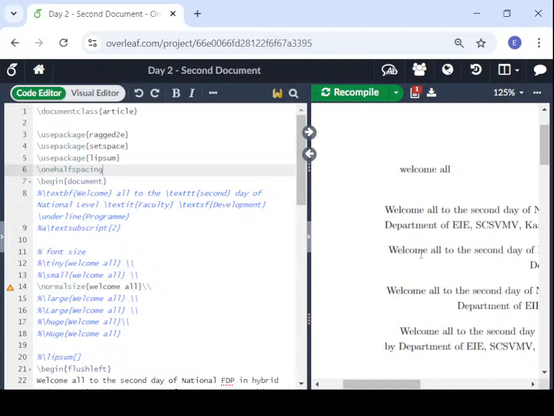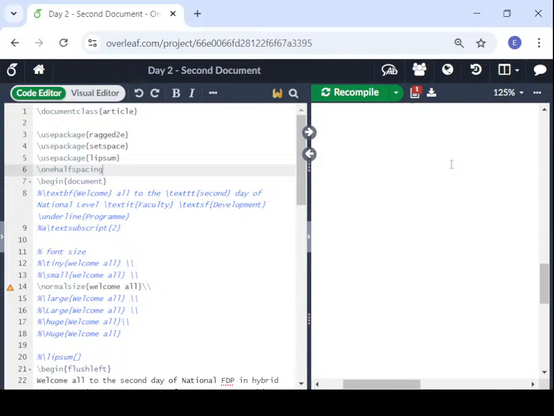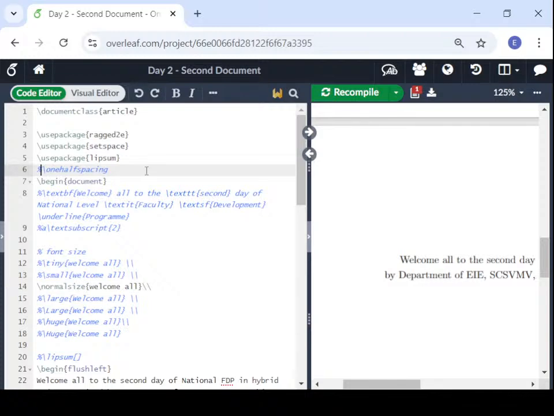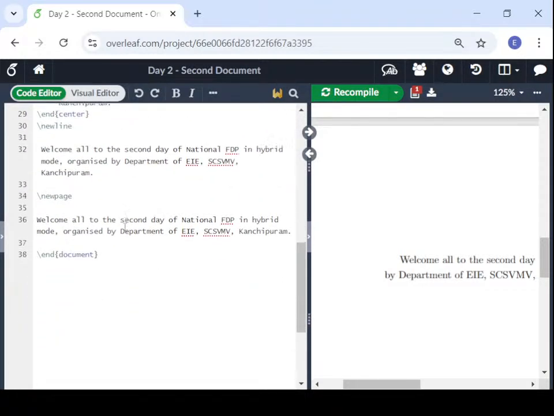You can see very well the difference, the gap. For the entire document it will be in that format. But if I want to use 1/2 or 2 or normal spacing only for a particular topic or paragraph,